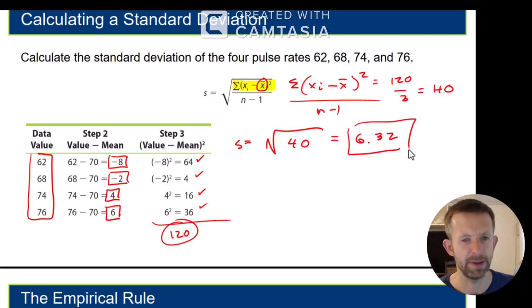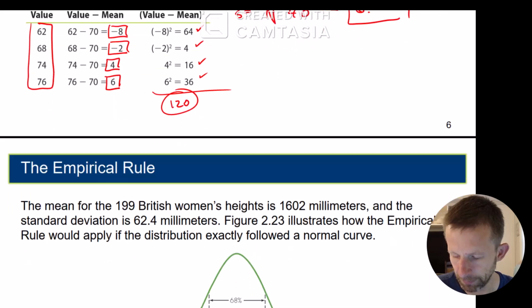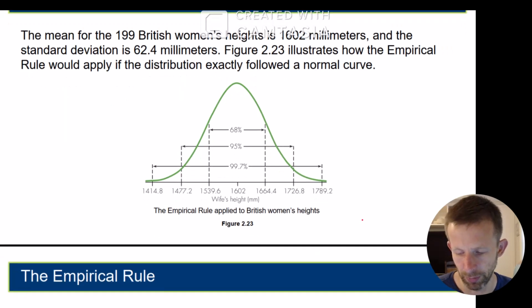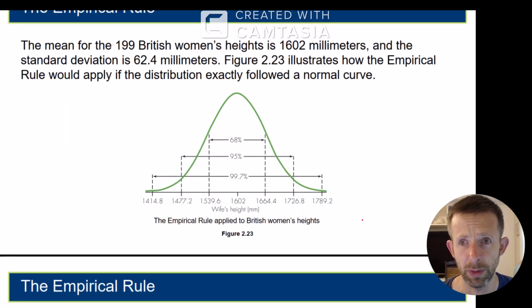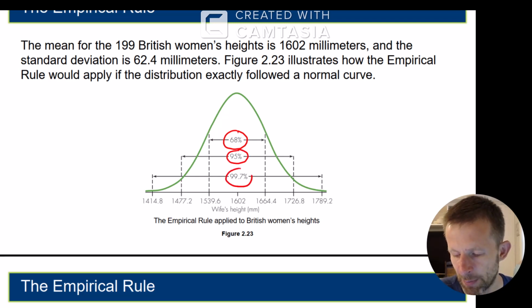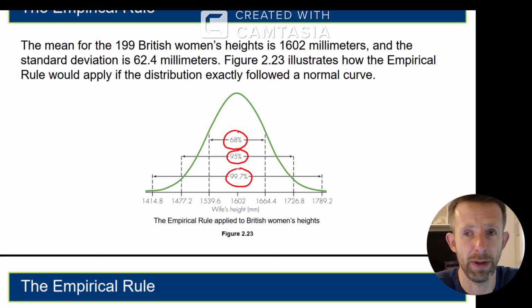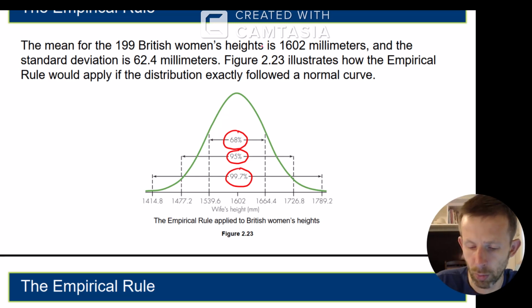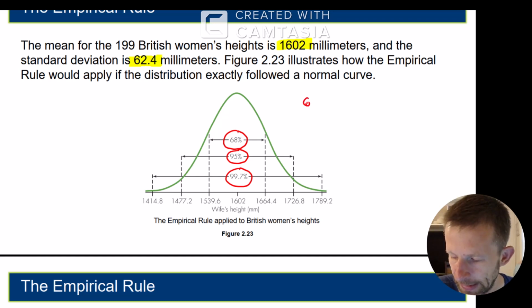So that is my sample standard deviation. The empirical rule says that for normal distributions, approximately 68% of all data falls within 1 standard deviation, 95% of all data falls within 2 standard deviations, and 99.7% of all data falls within 3 standard deviations of the mean. So with a distribution that has a mean of 1602 and a standard deviation of 62.4, we would expect 68% of all data to be